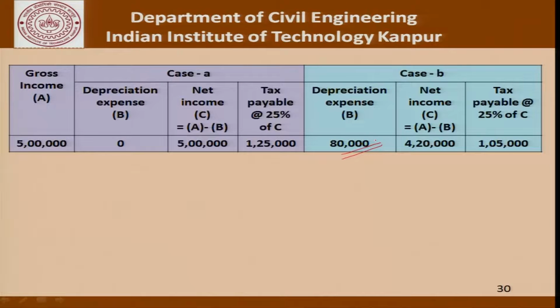Now, if that was the case, then the net income becomes 5 lakhs minus 80,000, which is 4,20,000, and the tax payable is 25% of that, which is 105,000. So, compare this 125,000 with this 105,000. What you have done is you have saved 20,000 as far as taxes is concerned by having a depreciation of 80,000, and this 80,000 is what is being set aside for replacement of equipment as and when it is required. So, this is what is going into the depreciation pool,